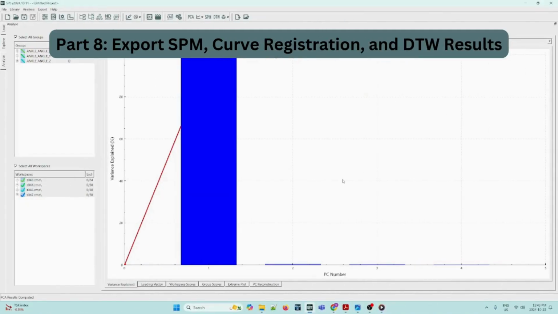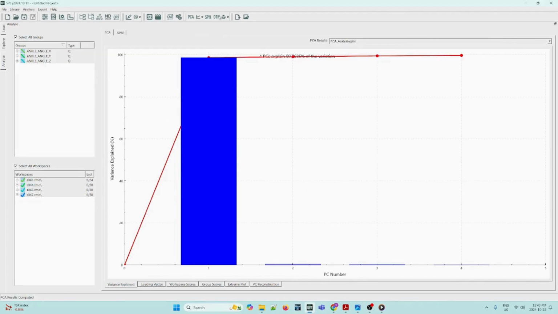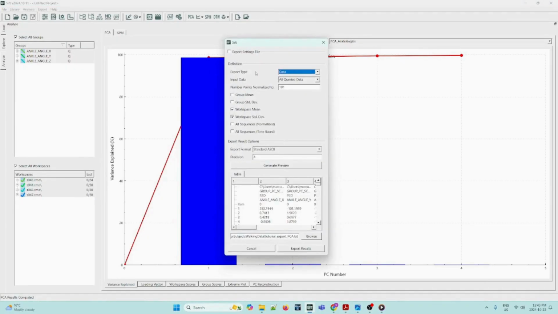All tools that are available on the Analyze page, such as SPM, curve registration, and dynamic time warping, produce results and graphs that can be exported by the 2 exporting dialogs presented in this tutorial. Various definitions and settings for the exporting options are available for each particular analysis type. If we again select the Export Results icon on the upper toolbar, we can see on the drop-down menu from the export type that we have these lists of options.